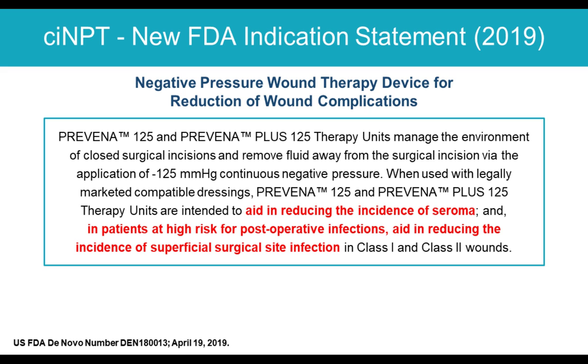But in 2019, the FDA granted a de novo indication specifically for the Prevena 125 and 125 Plus therapy units to reduce the incidence of seroma, and in high-risk patients to reduce the incidence of superficial surgical site infection. And this stands alone in its own category through the FDA's de novo